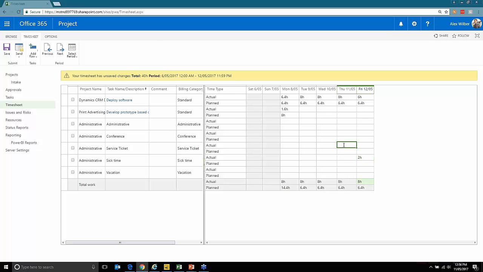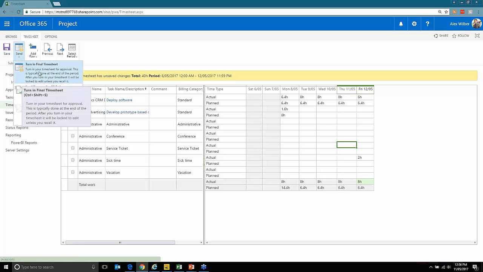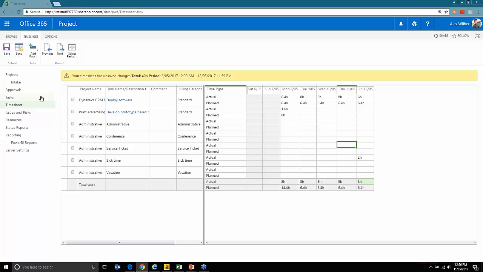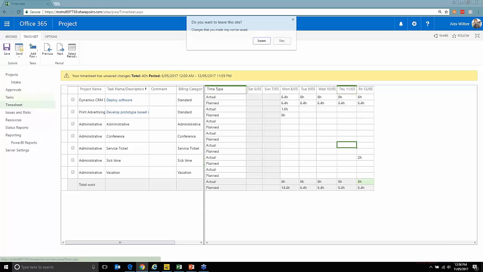This system can also capture things like overtime and bits and pieces like that. So it can do that as well. And once he's done with this particular timesheet, he can turn it in as a final timesheet, and that can go off as approval. Now, if you don't want to do a timesheet, what you can do is you can look at a task view. So if David looks at tasks instead,